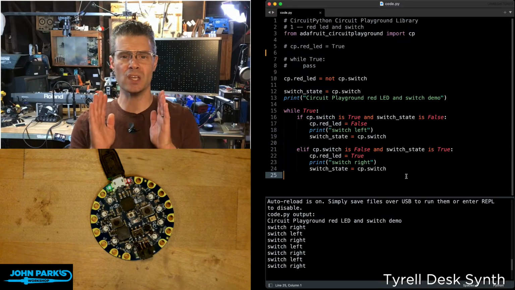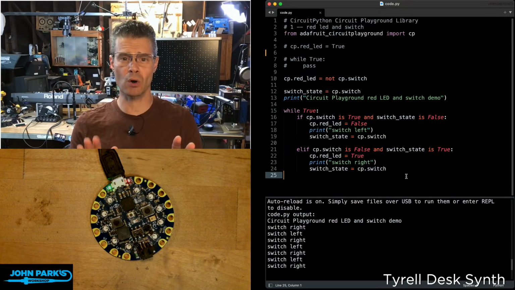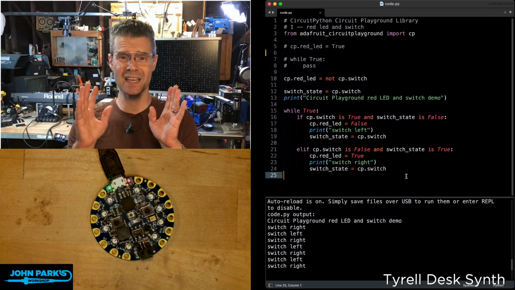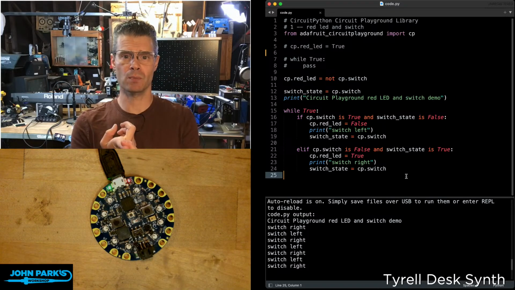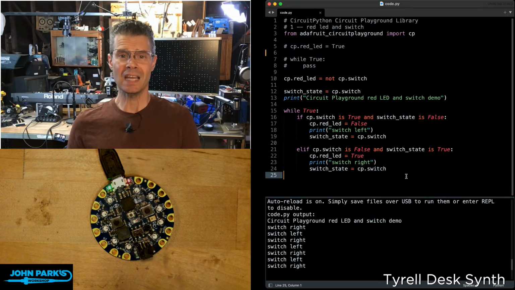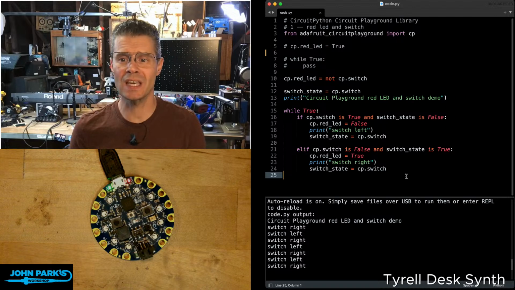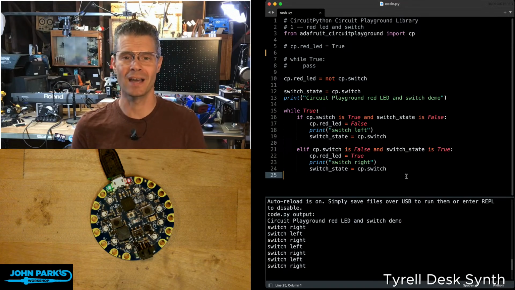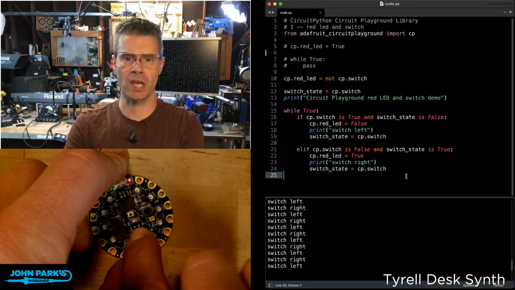So these make things really straightforward and easy to use compared to the typical CircuitPython, which is already not bad, but particularly in an educational environment, if you're using these boards, either the Circuit Playground Bluefruit or the Circuit Playground Express, it's a really great way to go. And so that is an introduction to using the Circuit Playground library inside of CircuitPython. And that is your CircuitPython Parsec.